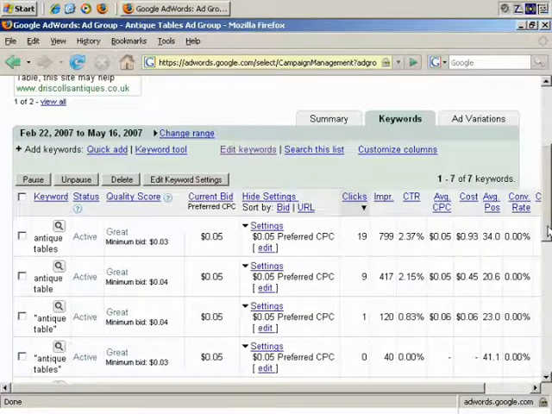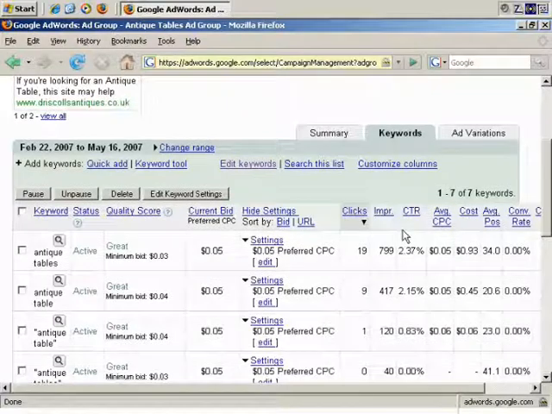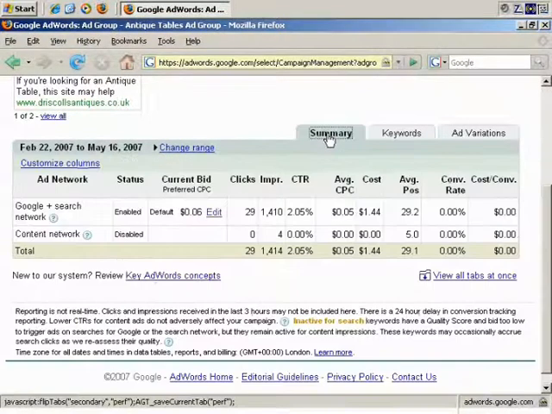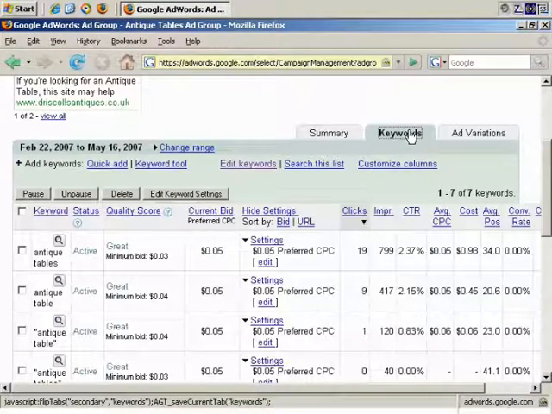First of all, as you can see, you have to set your campaign to preferred cost bidding, as it's called, rather than going with maximum cost per click and maximum CPM, cost per thousand. And you can set it, of course, as you can set any bid prices. You can set it within the ad group at the Summary tab, and it tells you the preferred cost per click for this ad group, and then you can set it per keyword if you wish, and also, of course,